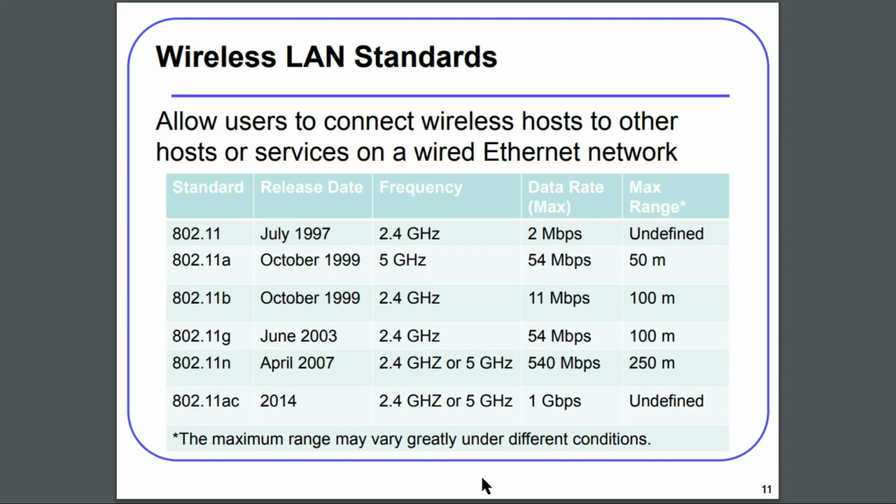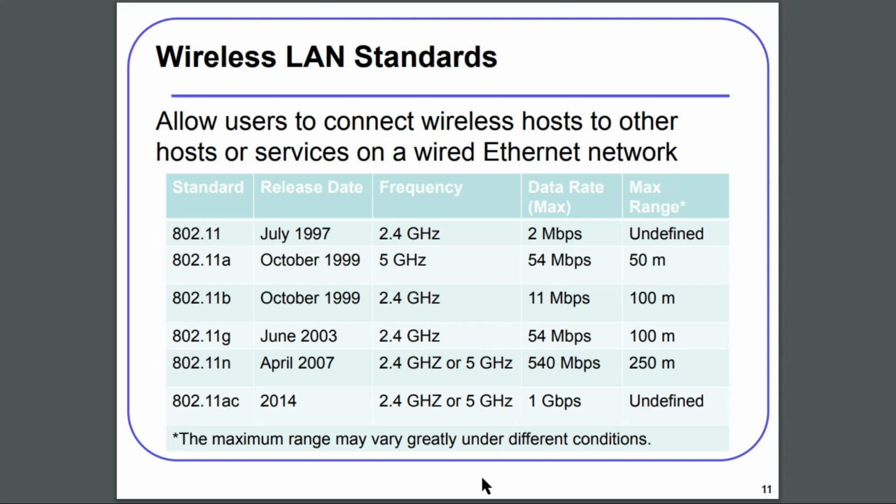So in this slide, you can see the wireless LAN standards. They allow users to connect wireless hosts to the hosts or services on wired Ethernet networks. Below are the standards, release date, frequencies, data rate, and maximum range. The first standard is 802.11, release date is July 1997, frequency is 2.4 gigahertz, data rate is 2 Mbps, maximum